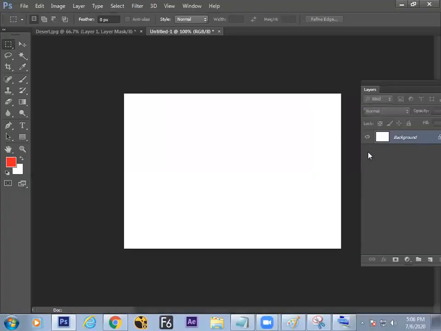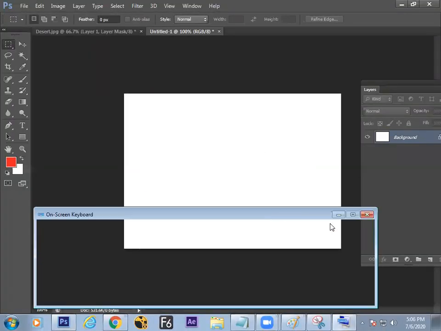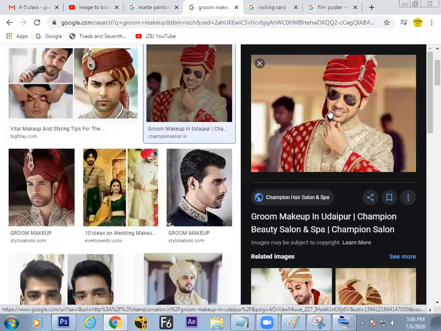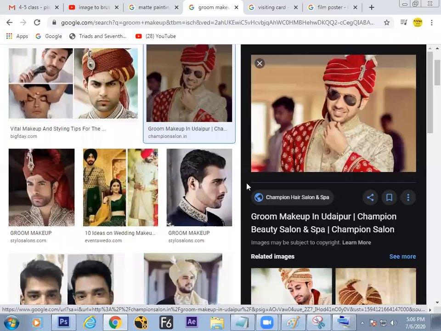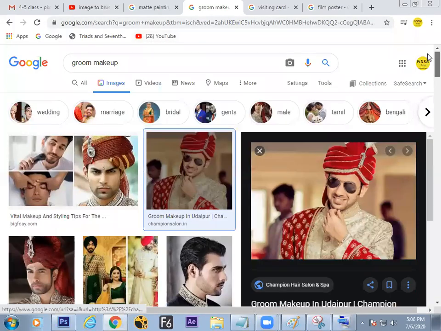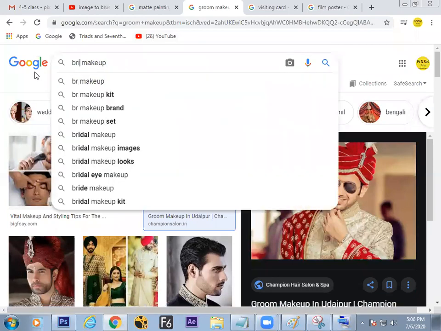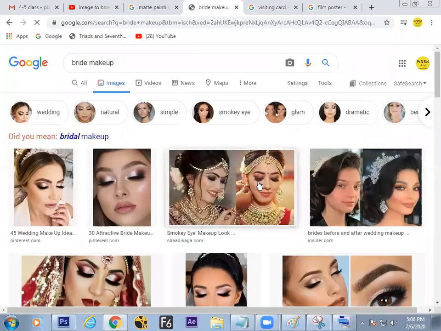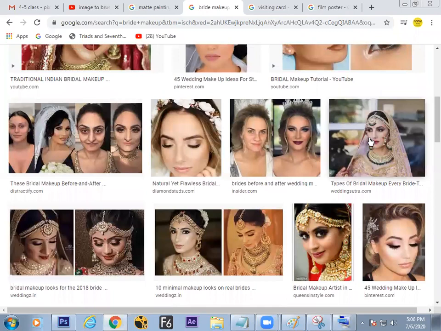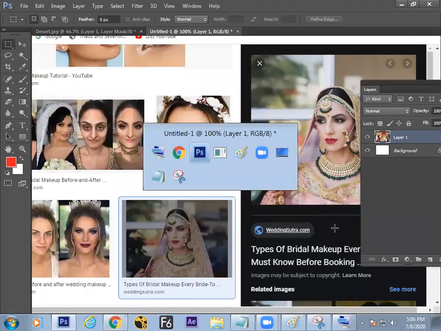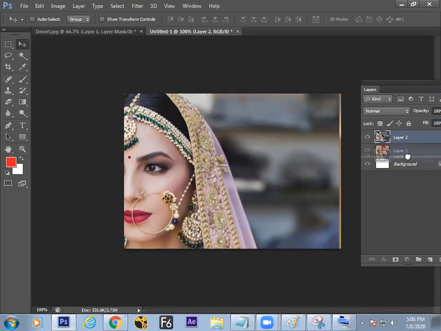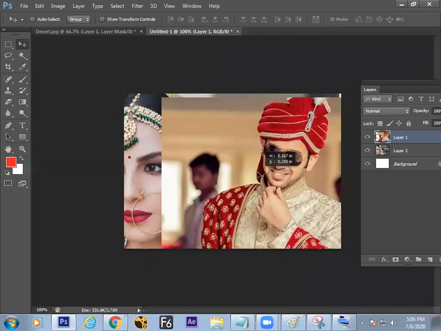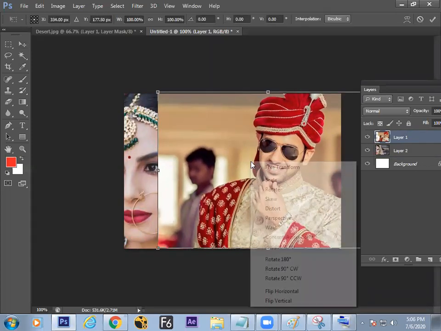Plain canvas. Wherever you're not getting it, stop me. Right? Switch to the image. Already it is copied. Get it pasted and go to the bright part. Right, get some image. Switch, copy the image, paste it. Right, place wherever you like, and arrange the order in which way you want, and flip it.